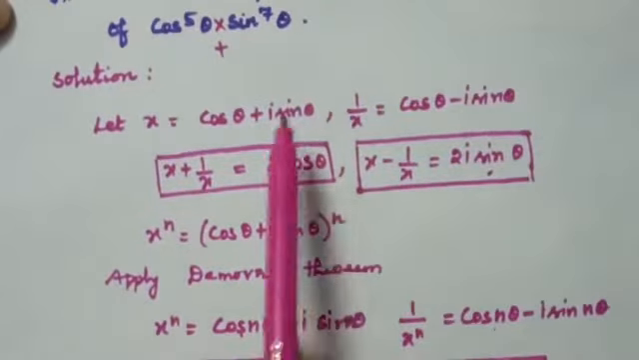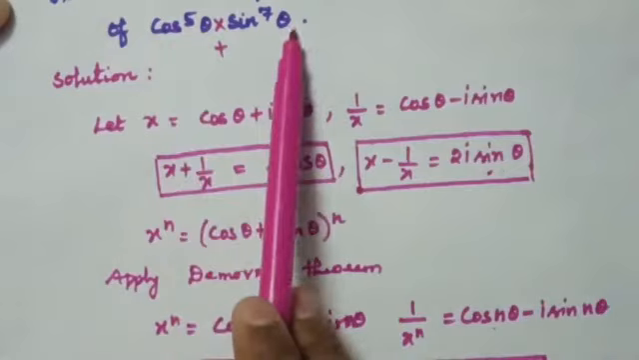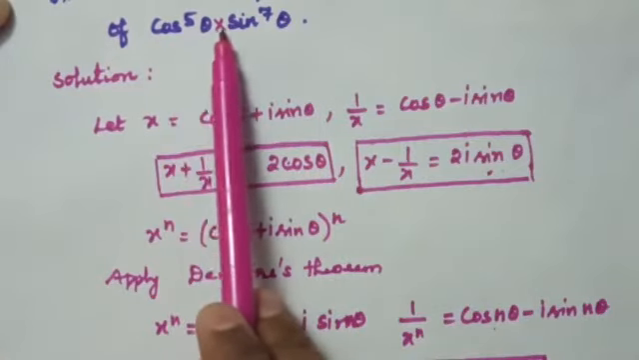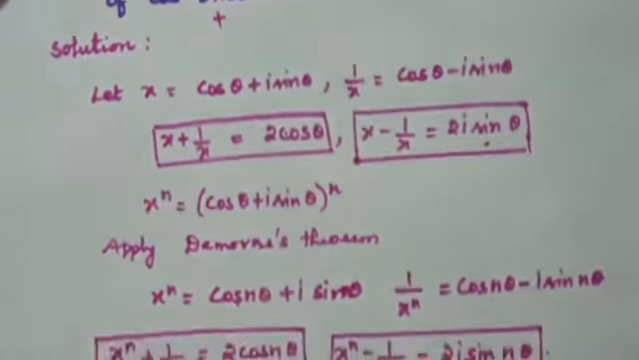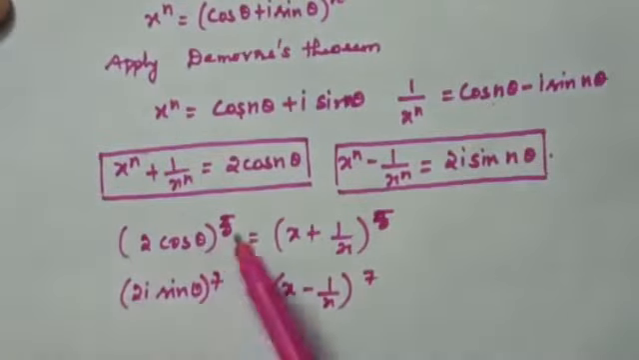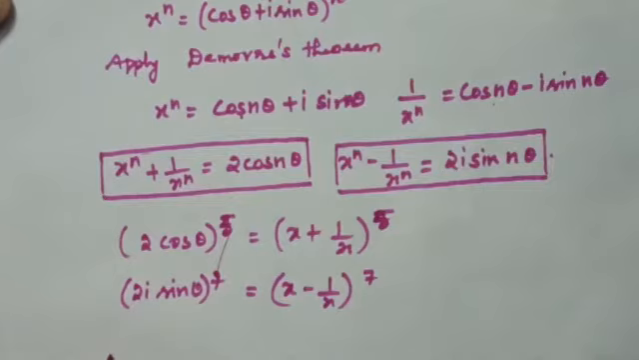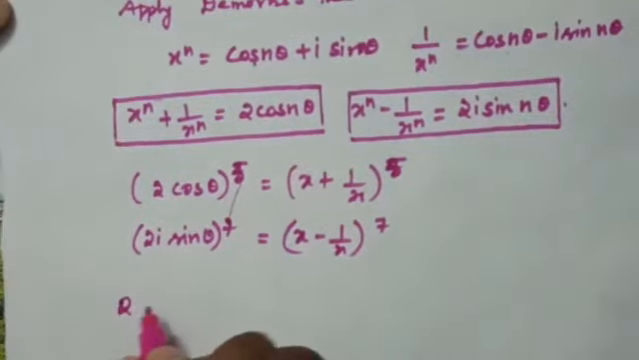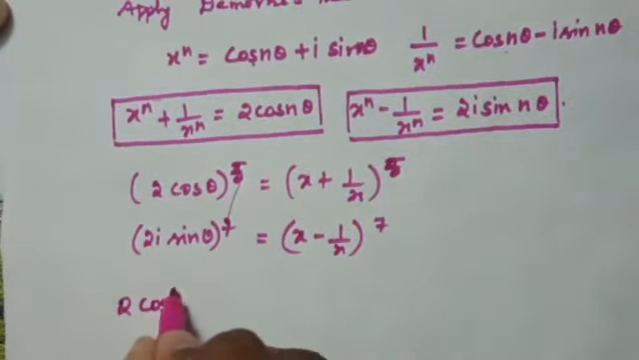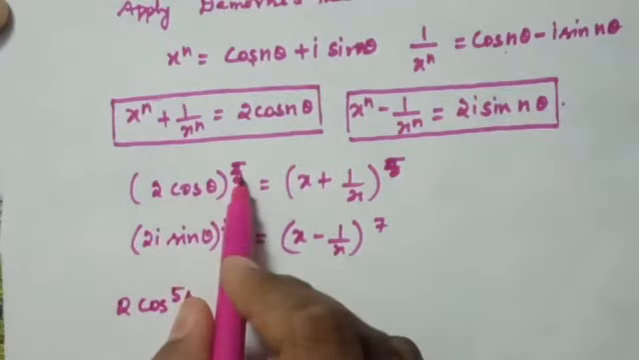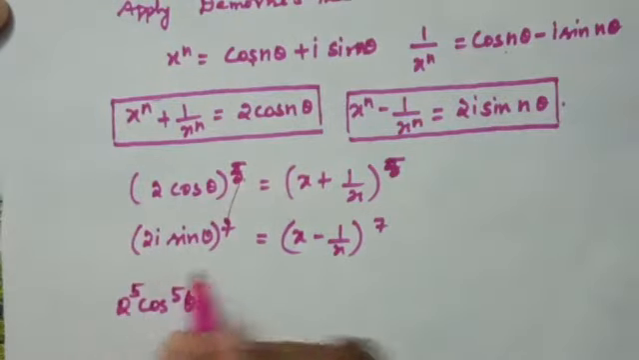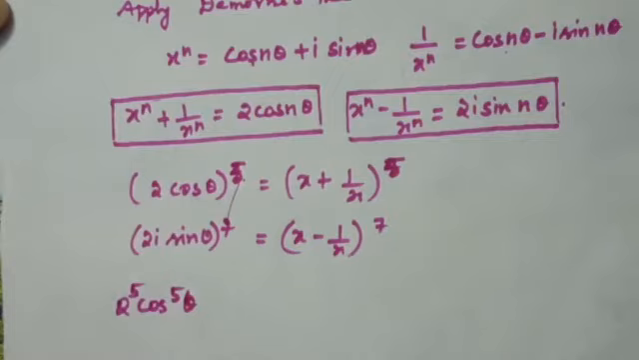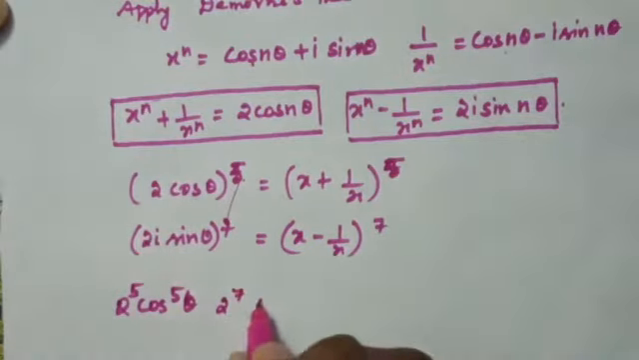So here you have to get the product of cos and sine. So cos power 5 theta into sine power 7 theta you have to get. So here you have to multiply both the values. So you will get 2 power 5 cos power 5 theta, and 2 power 7 i power 7